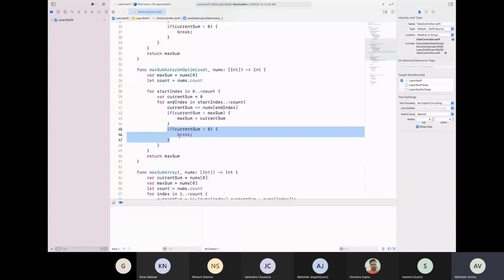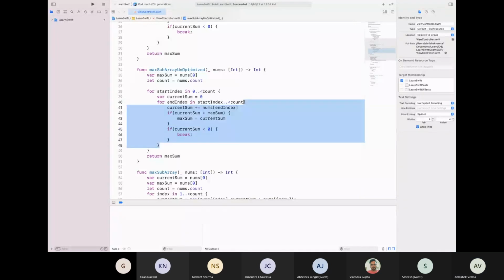So I had written this statement so that we do not go further in this for loop. That way we are calculating a global maximum, and we do this starting from each index position.